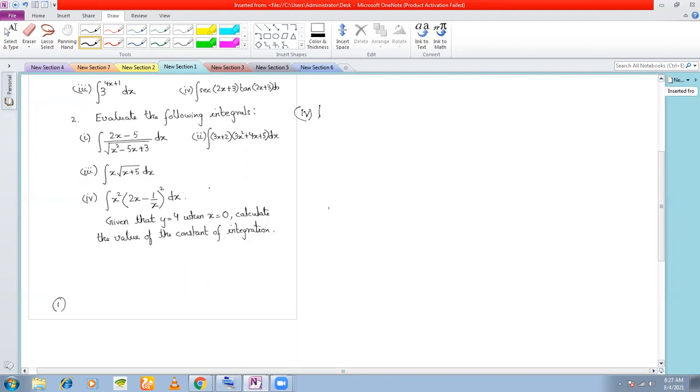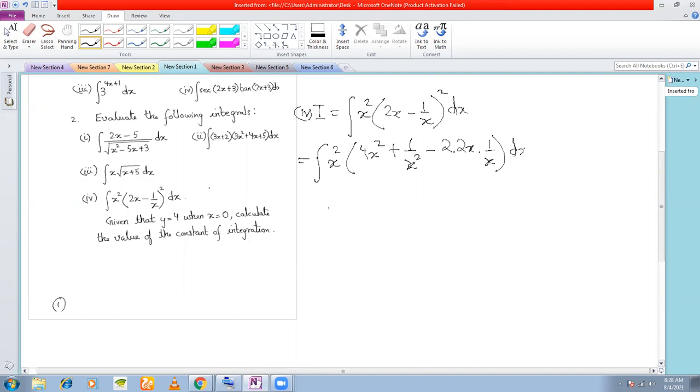Number 4, I is equal to integral x square (2x minus 1 by x square) dx, which is equal to integral x square, and if you expand this you'll get 4x square plus 1 by x square minus 2 into 2x into 1 by x, the 2ab term, where x and x will cancel. So what you will simply get is integral x square (4x square plus 1 by x square minus 4) dx